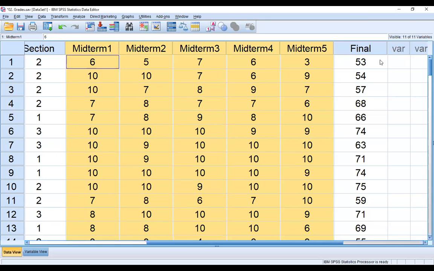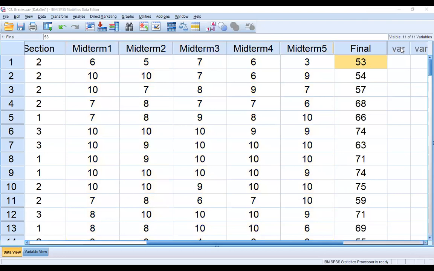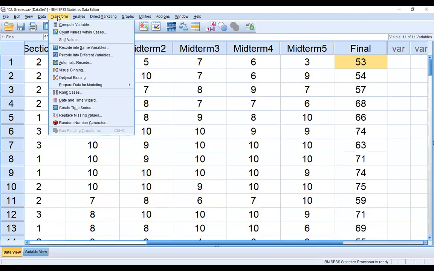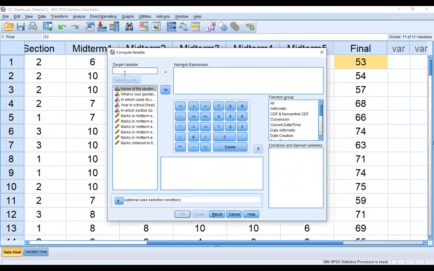So how to create the new variable? I go to Transform, and then Compute Variable. Here we write midterm in the target variable.